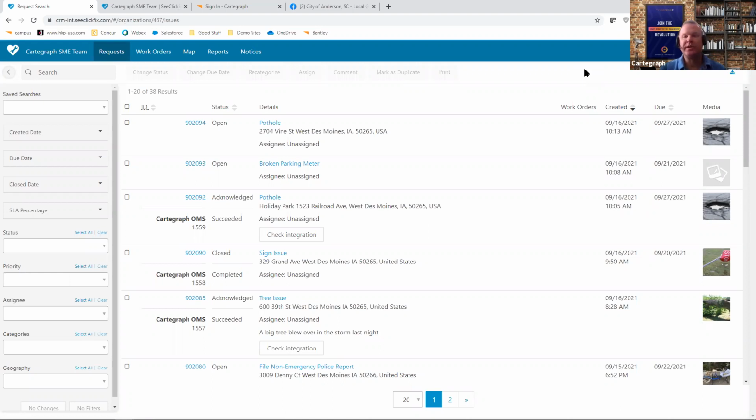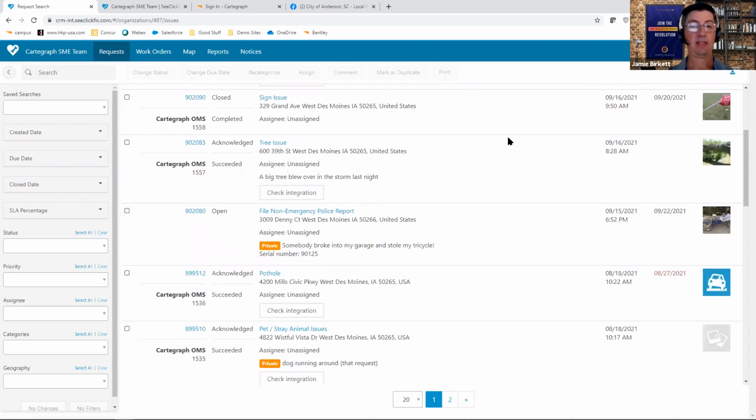Another really good question, we get this a lot, is what happens if we use SeeClickFix and it's long grass or a vacant house and it has nothing to do with Public Works? Can citizens still use SeeClickFix to report that? And does that come into Cartograph or does that go somewhere else? So absolutely. So as an example of that, here again,